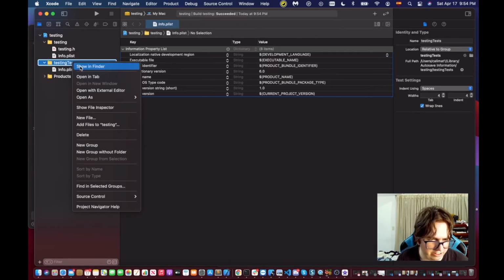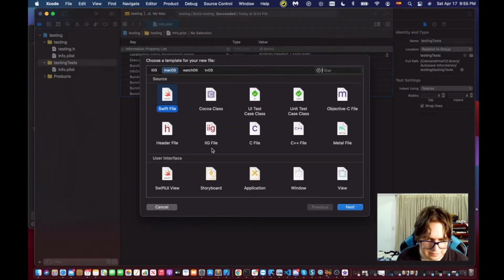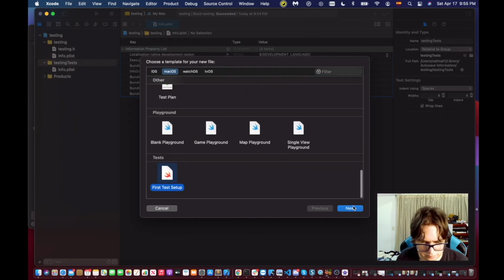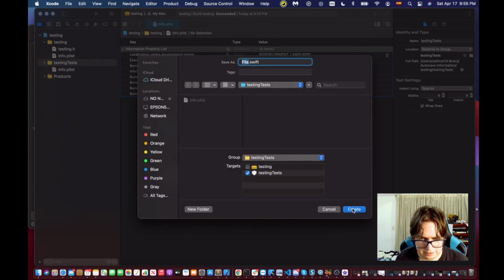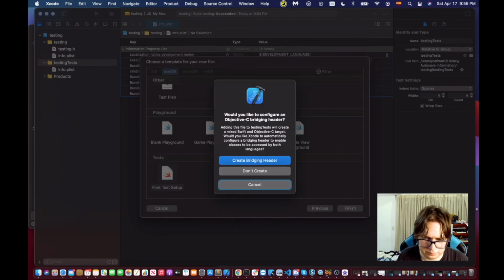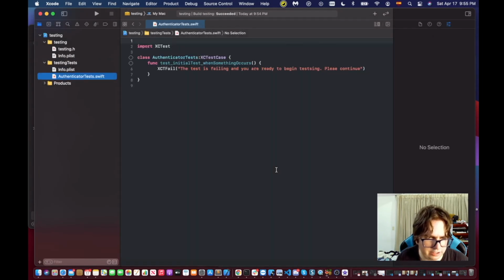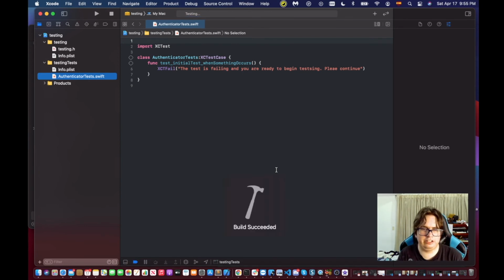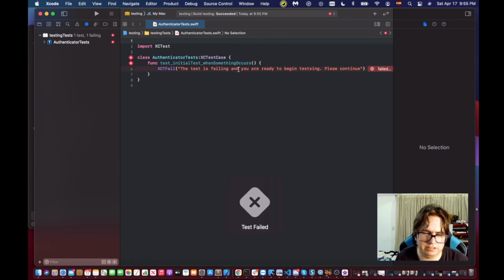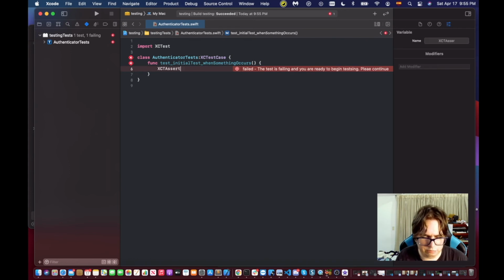And I gotta create it here in the tests. So authenticator tests. Don't create bridging header. Command U. Yeah, the thing is, the other time I pasted it on the wrong side. I didn't paste on the correct one. And we can see now we can